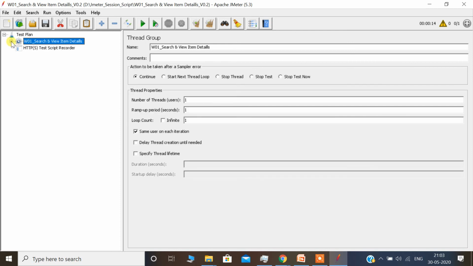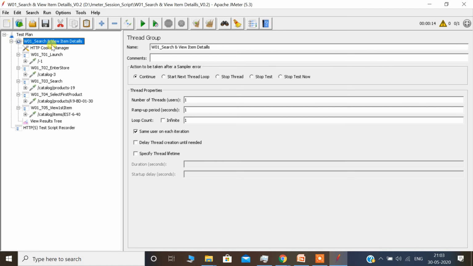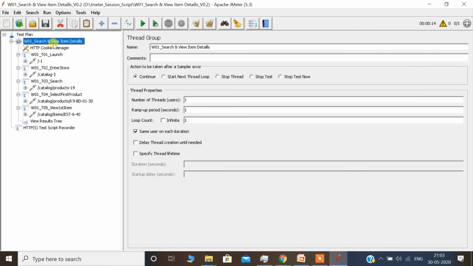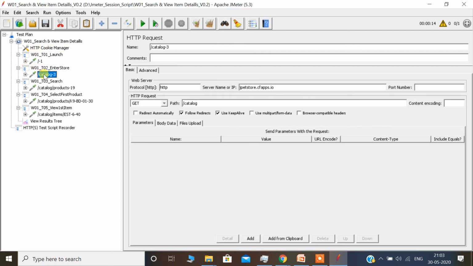Let me just recap again. Thread group is child of test plan. Test script recorder is child of test plan. Then we come into the thread group. Transaction controllers are child of thread group. The request should be child of transaction controller.